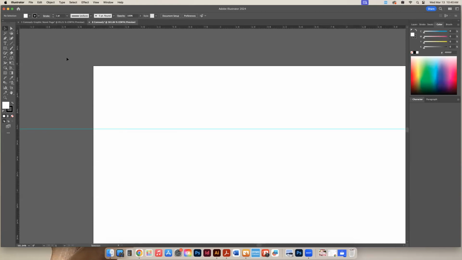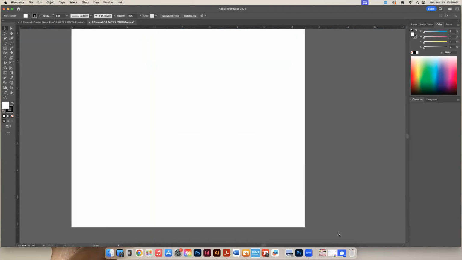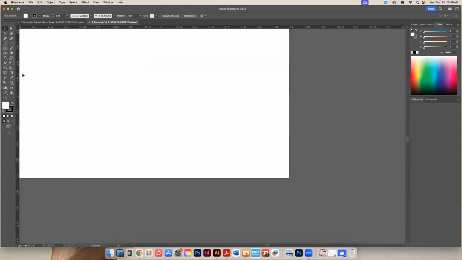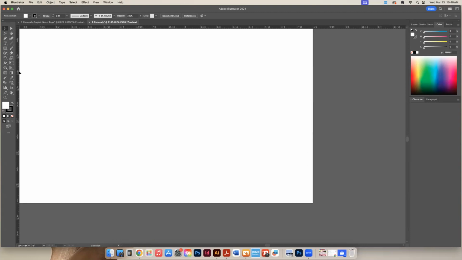And it's going to make a blue line. And then I'm going to pull a guide out of the left ruler, and I'm going to line it up with the top ruler at 1/2 inch. And that is my margin for that corner. And then I'm just going to zoom into this corner here, and I'm going to pull. Now this isn't going to mark 1/2 inch because it is showing, well, it is, it's right here, but this is 11. And so right here is 1/2 inch. So I'm going to pull the line down to 1/2 inch